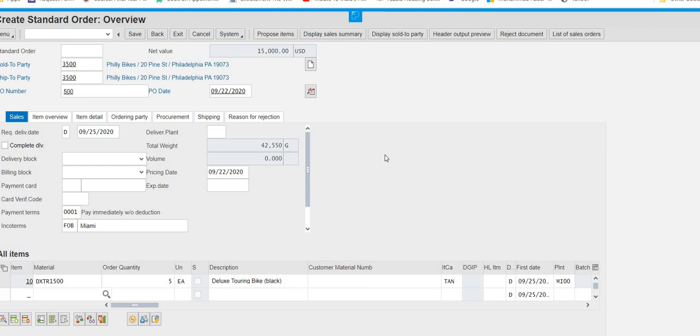Now, what I am going to do, only one thing left in this step. I am going to save it. And remember, when we are working with this SAP system, one thing for sure, that whenever you are going to generate a document, a number will be allocated, and that number will be a unique number.